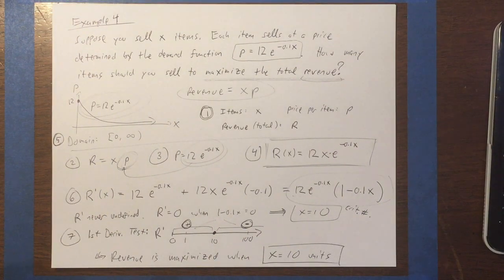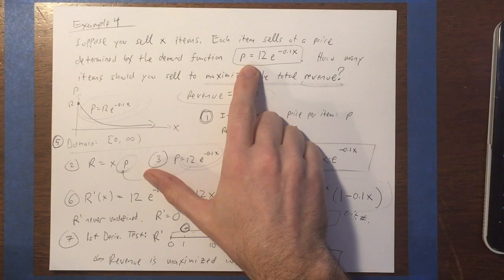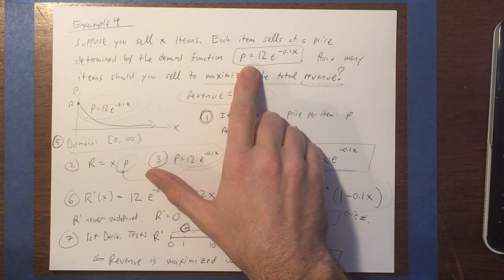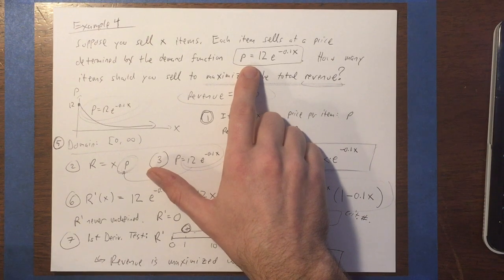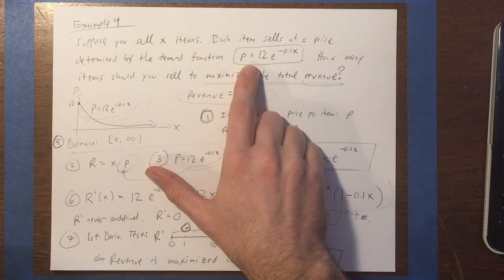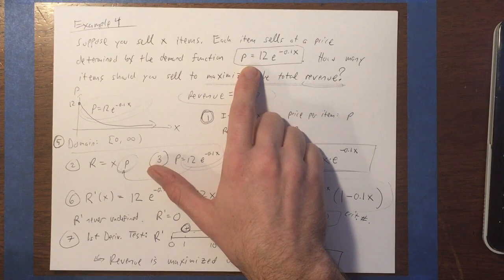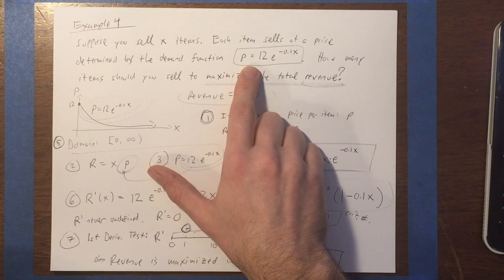I think I just said at the end there, if the demand function is incorrect, it is interesting to ask where does that demand function come from? Like where the heck would you actually get that function from if you were a real business? I don't know a lot about business, but my impression is that you'd get that information from market research, right? Like you would do a survey, poll some people, or look at actual purchasing trends for similar items on the internet. Maybe check out some Amazon data or something. I don't know if Amazon makes their purchasing data available to businesses, but if they did, that would be pretty sweet. Because you could just look and see